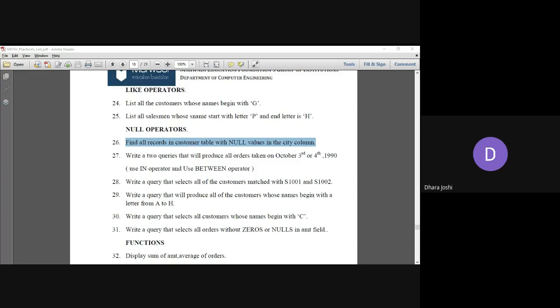Okay, done, we are done with the previous query. Good. What is the solution for query number 26? Reply here.